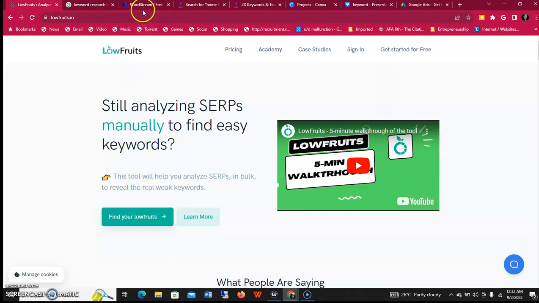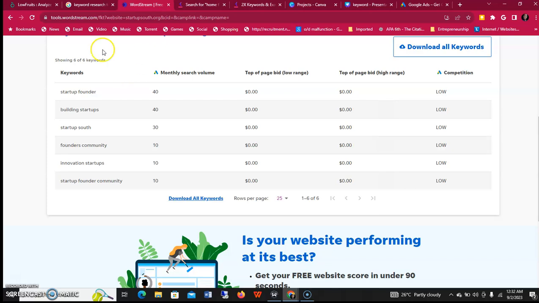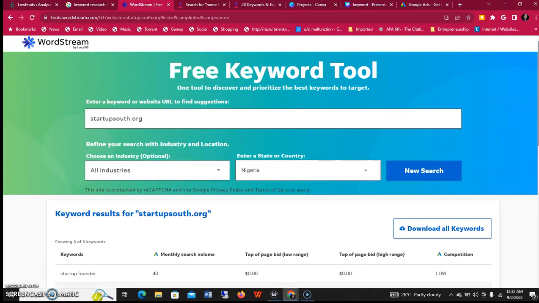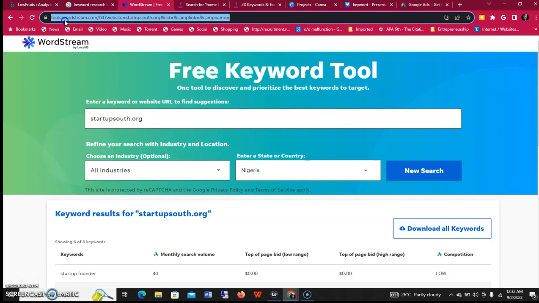And then another tool that you can also use here is WordStream.com. This is one of the tools I really encourage you to use. So you can use WordStream.com, and then let me quickly show you how this works. Let me show you how to use WordStream. So essentially,